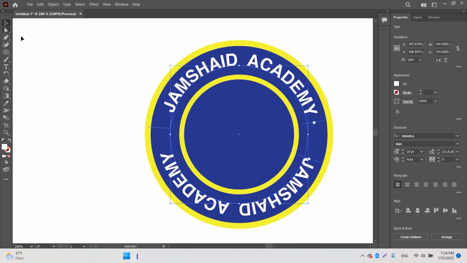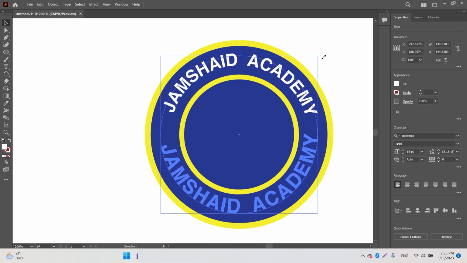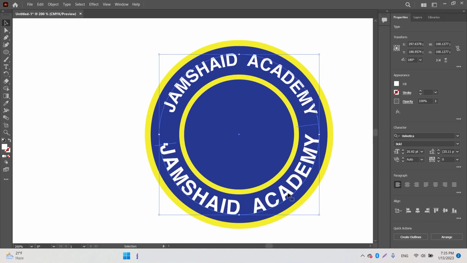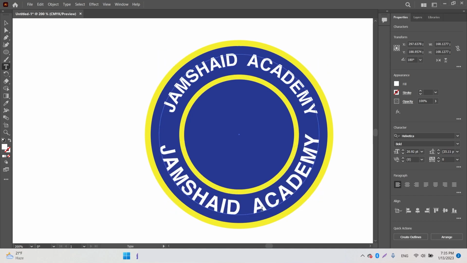You have to select your move tool, and move it to the inner part of that circle. You can see we have the inner part of that circle, and you can change its direction, something like that one. And I'm going to press Control Shift Z and